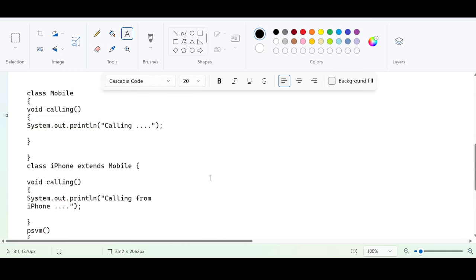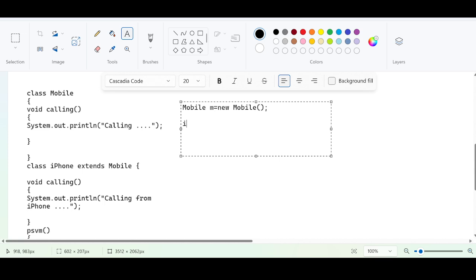Now my intention is to create objects. I can create an object in two ways. What is the first way? Mobile m = new Mobile(). This is one way: parent reference and parent object. Secondly, I can create an object iPhone i = new iPhone(). I typed Samsung earlier because my phone is Samsung.